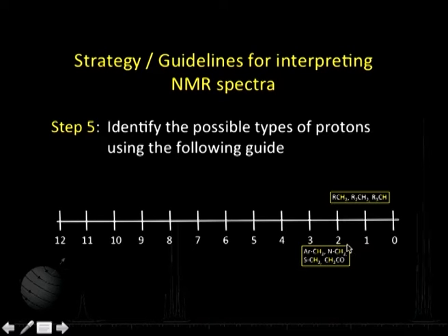Then the range around 2 to 3, say around 1.8 to about 3.2 or so, is for protons which are, say, ArCH2. We talked about this extensively in the previous session: any methylene group attached directly to an aromatic part will go downfield. The expectation is typically around 1 ppm, but because of the aromatic part it goes downfield to the 2 to 3 range or so. Or it may be NCH2 or SCH2, or we have a carbonyl group in the neighborhood, which also makes it go downfield because of the anisotropic effect. So, this range is meant for these kinds of protons.